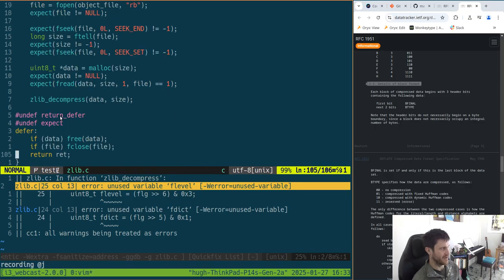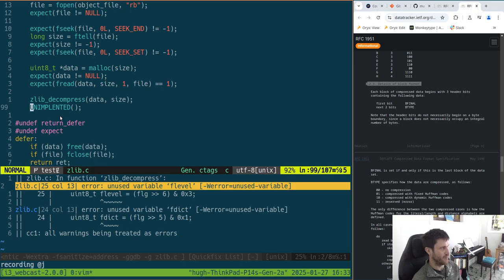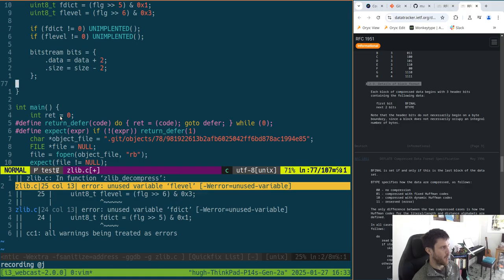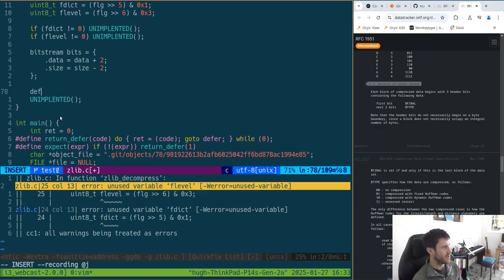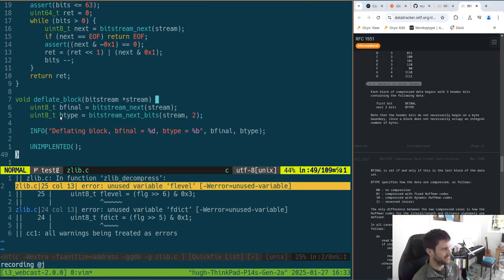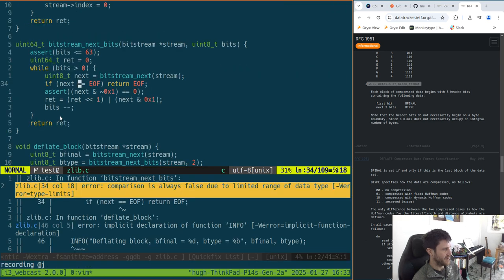We haven't gone to the rest of it. We haven't gone to the rest of that. And deflate, and this was going to be bits, just the pointer to that. I reckon this could